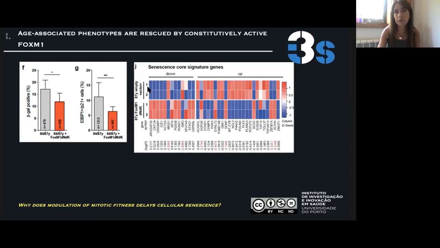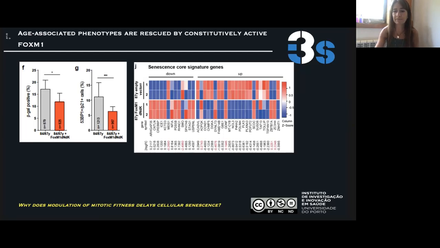So those senescence-associated genes that were down come up, and those that were up go down. Overall, this data demonstrates that the modulation of mitotic efficiency through FOXM1 induction in elderly cells prevents aneuploidy